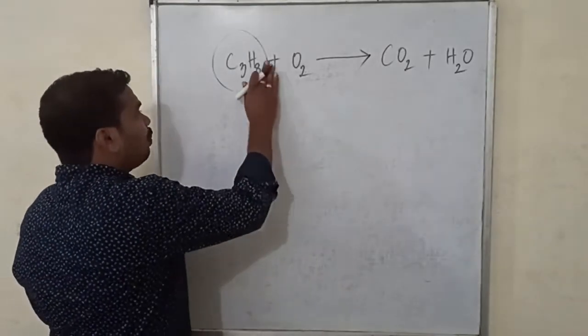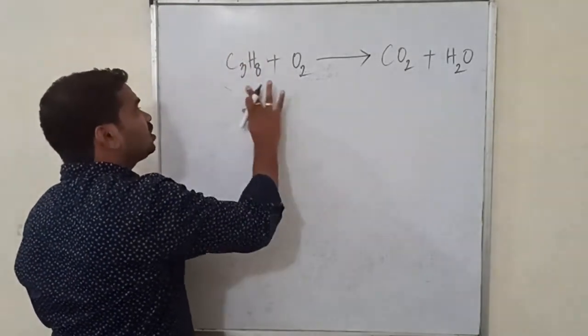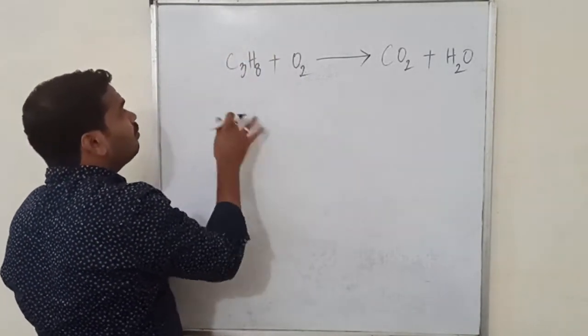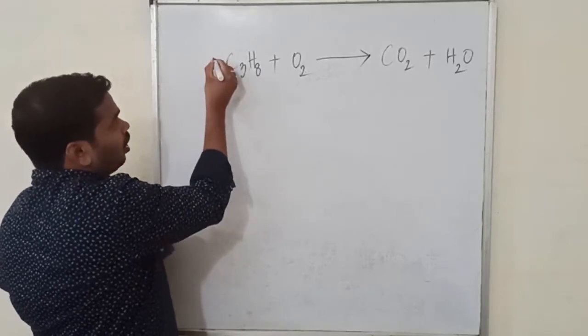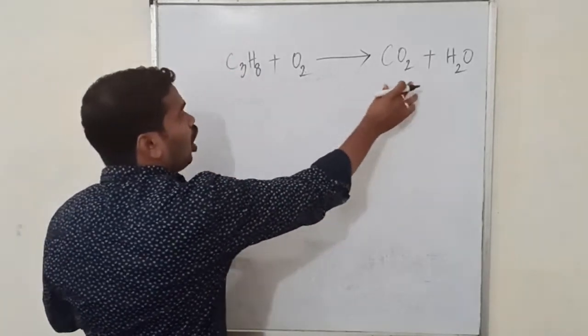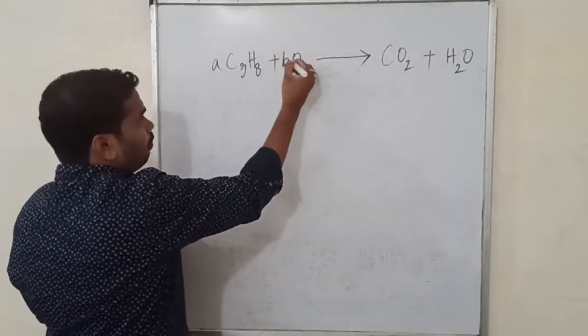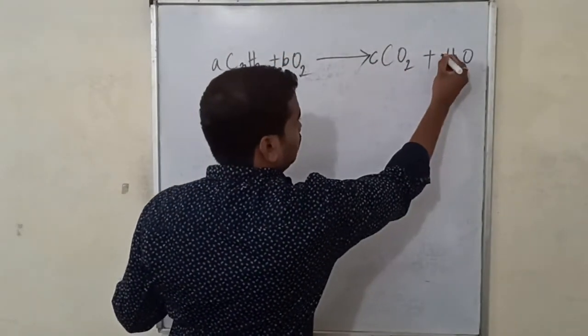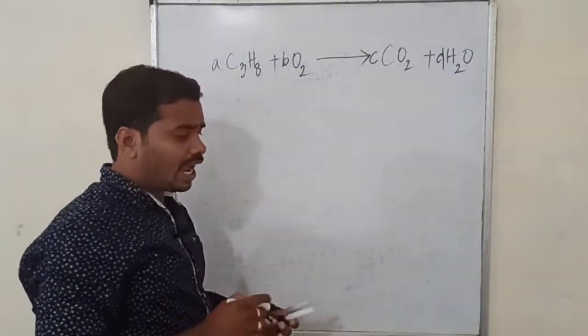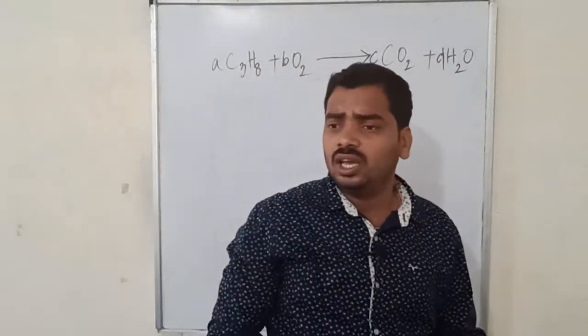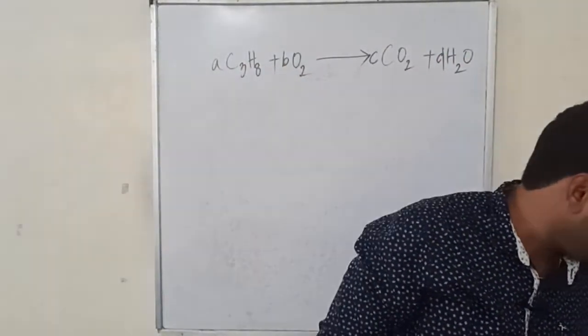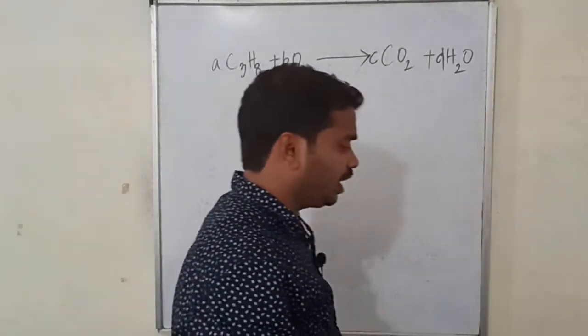See, in order to balance in this methodology, first of all you have to give some coefficients to these compounds. You consider A, B, C, D. These are the coefficients I am assigning to these compounds. Now what I am doing is,